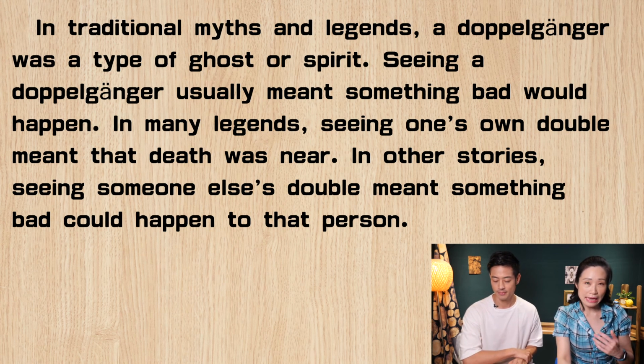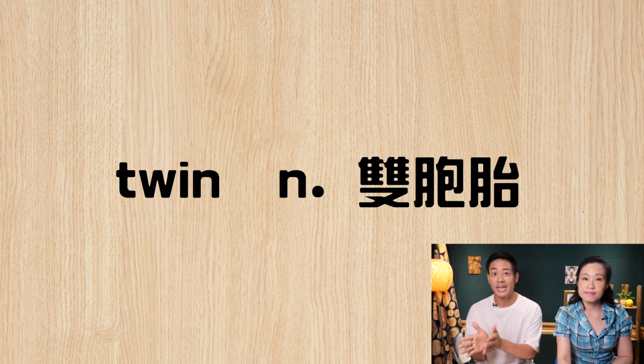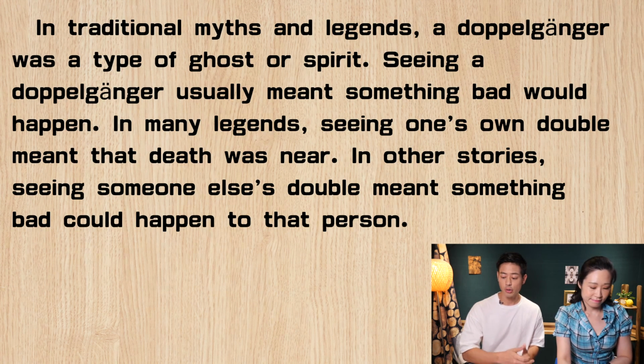OK，刚才是你看到跟自己长得一模一样，那如果你在街上看到跟别人长得一模一样的分身呢，它的意思主要就是坏事要发生在你看到的那个人身上了。So another word for double is twin, but it's like an unrelated twin, someone who's not blood related to you. 另外一个表示 double 的字就叫 twin，T-W-I-N。这个字同学知道它是双胞胎，但是这边 double 的那个 twin 是没有血缘关系的。